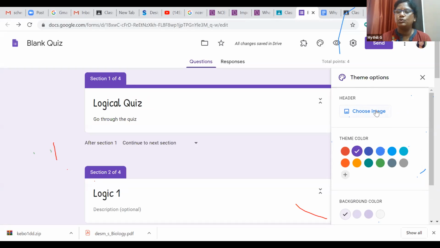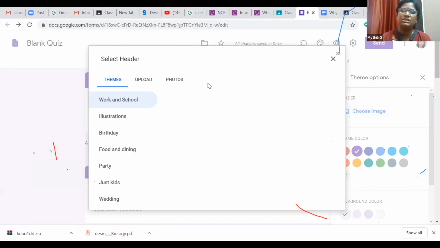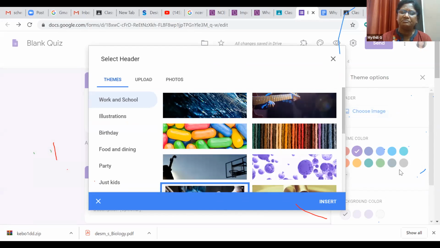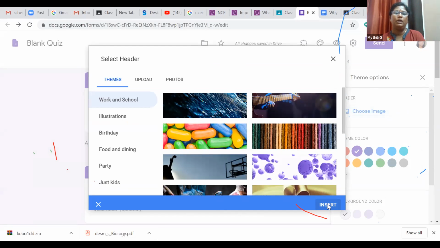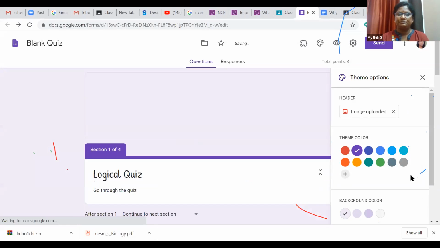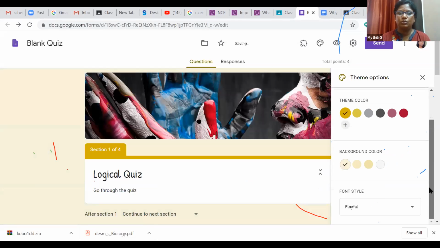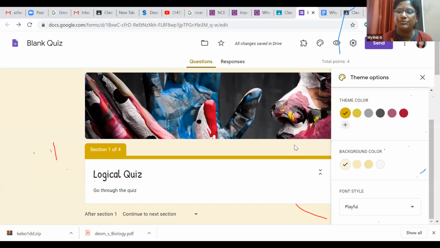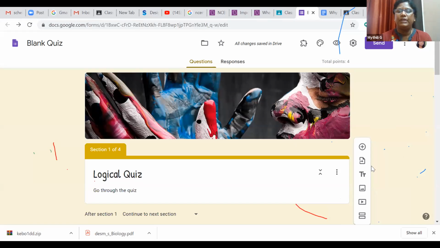You may choose images, so that the students feel good when you give a colorful question bank. So that will be the way you can send it to the students. You can change the color, background color and all other things, and you can play with these themes options and all.